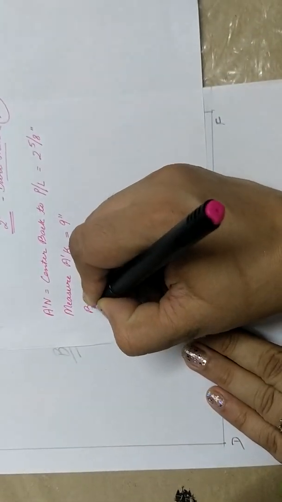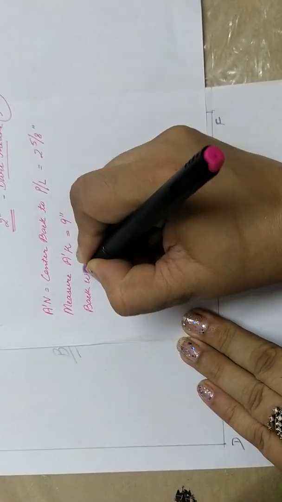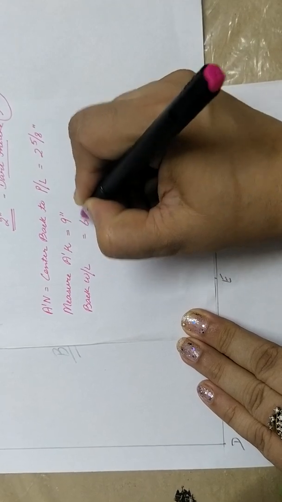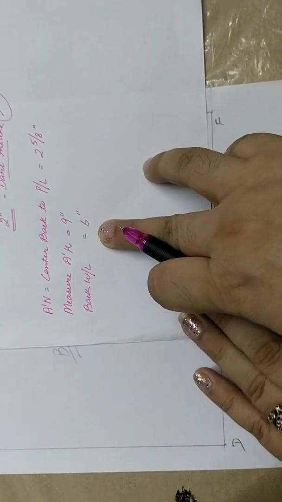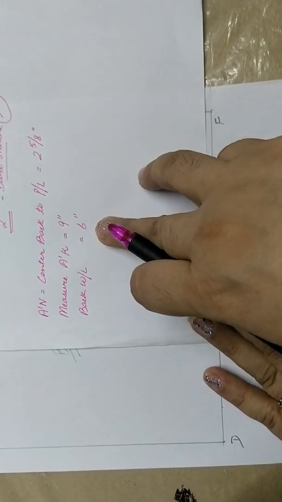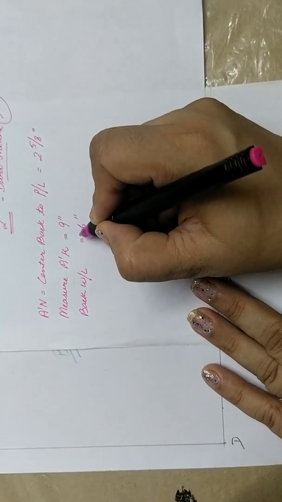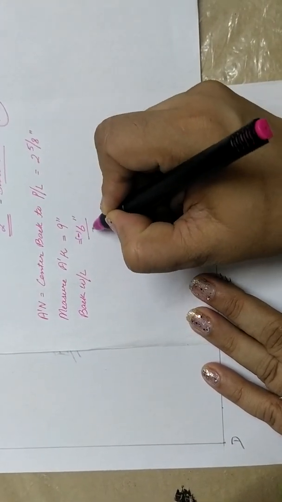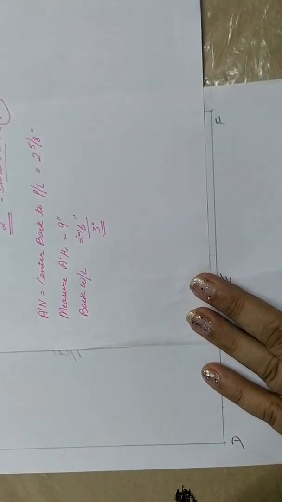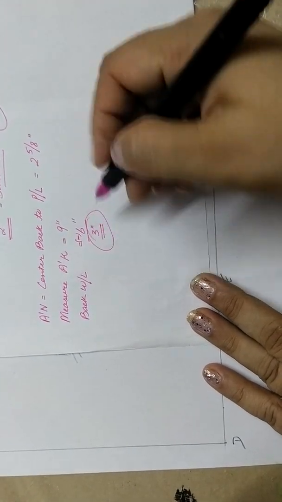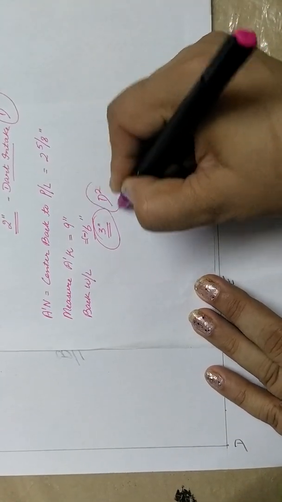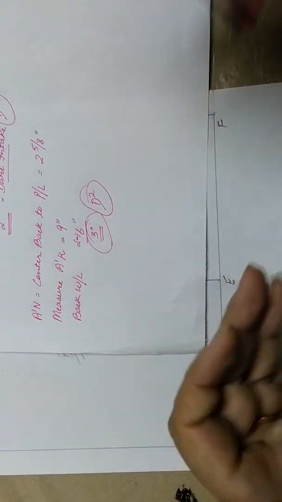And the back waistline measurement is 6 inches. This is again for size 34. We have done this in the bodice block also. So we just have to subtract 6 inches from 9 and we'll be left with 3 inches here. So 3 inches extra, and let's label this D2, Dart 2, that is on the back block.